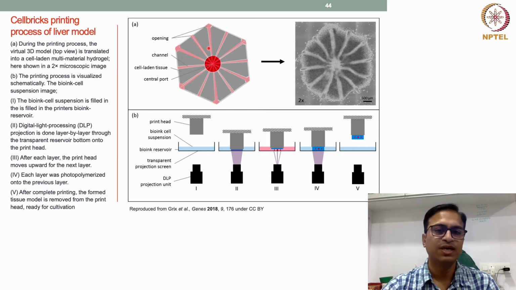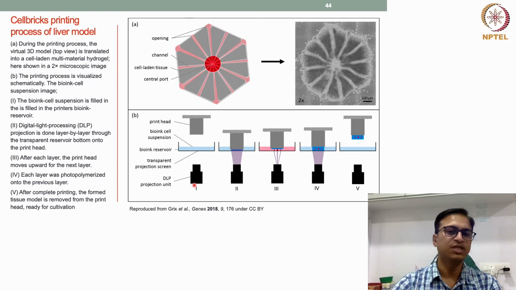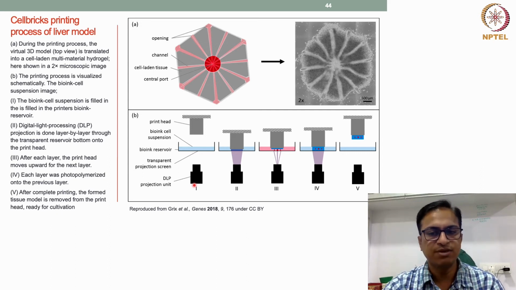So in this particular work, they have tried to recreate these liver lobular structures with DLP bioprinting. DLP bioprinting is a process where we have a bioink reservoir, where mostly the bioink is a photosensitive material. We can load it in a reservoir, and then there is a printhead. The printhead can be lowered into this bioink, and then there is a DLP projection unit. This is the projection unit which projects the whole layer. It's also a layer by layer manufacturing technique, but